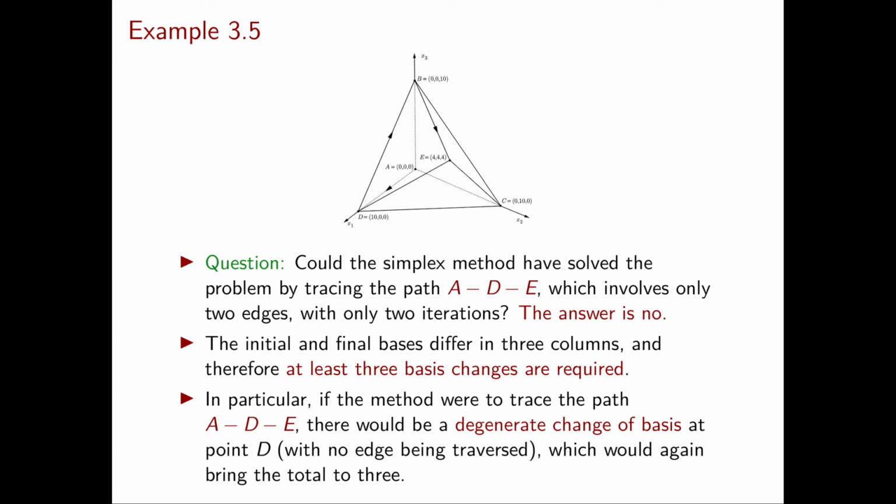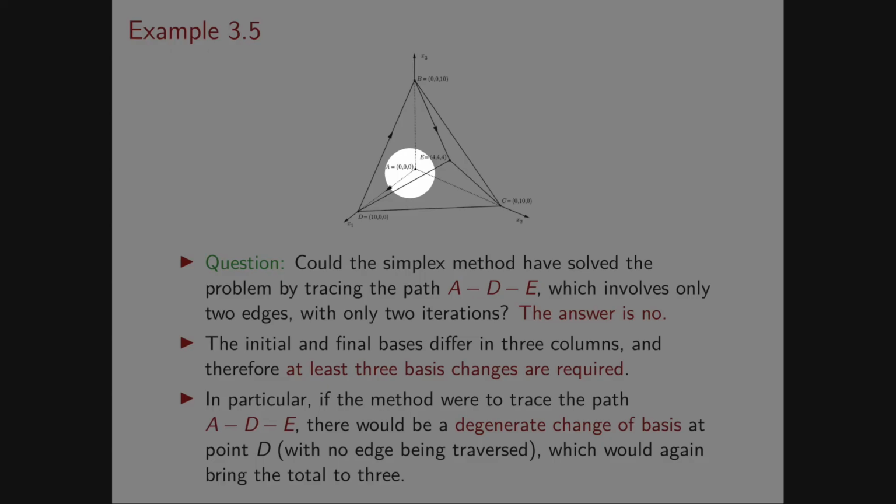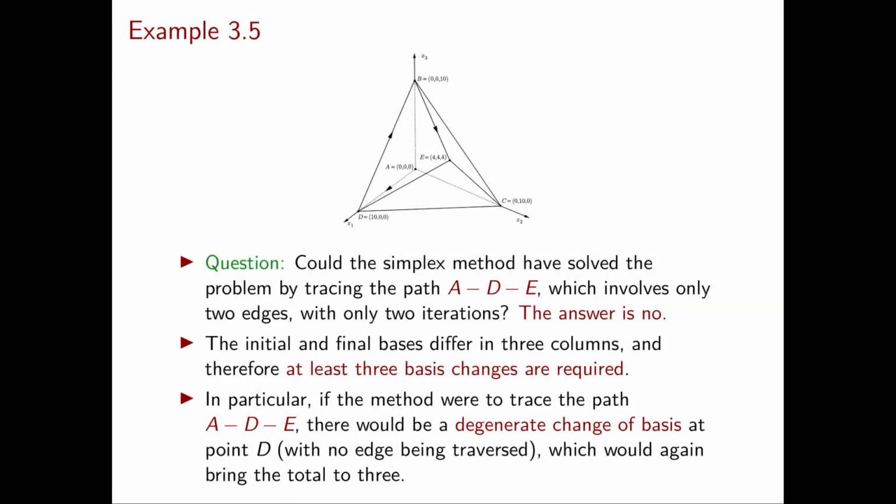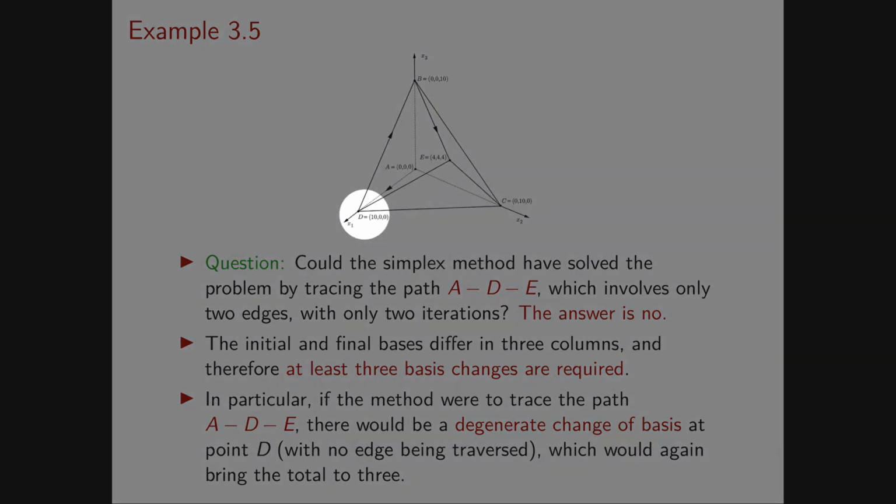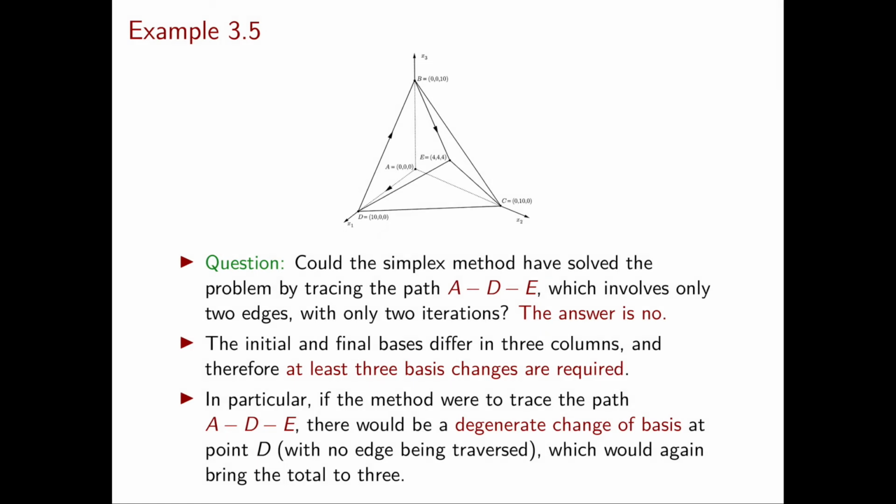But this again seems a little bit strange because it doesn't match our geometric intuition. In fact, geometrically it is clear that we could have gone from A to D and then to E. So what if you try to do this with your simplex tableau? What will happen is that in D you need to perform a degenerate change of basis. So this is one iteration of the simplex method which performs a change of basis but doesn't change the corresponding basic feasible solution. And this makes sense because D is in fact a degenerate basic feasible solution, as we previously observed. And this concludes our complete example of the full tableau implementation.